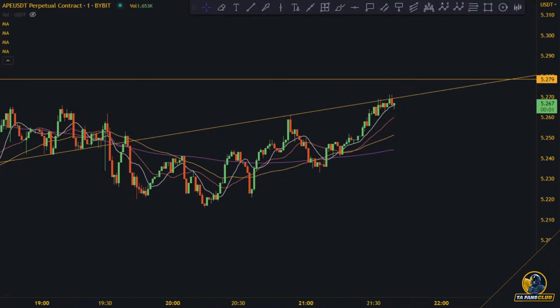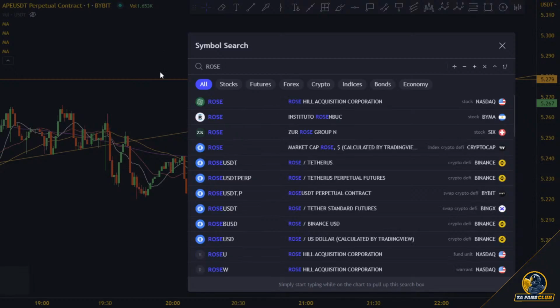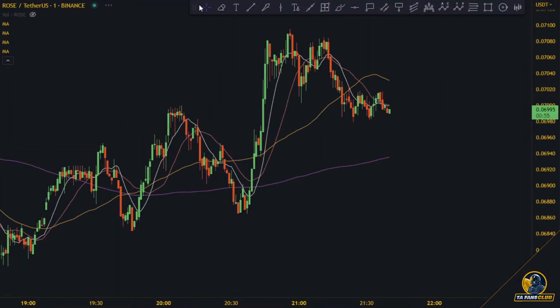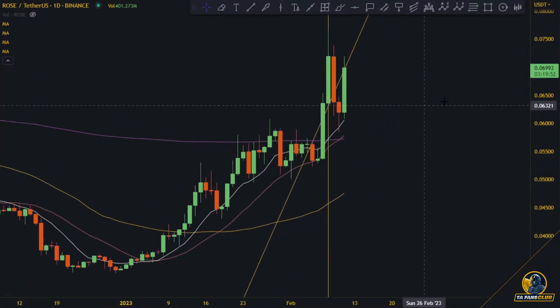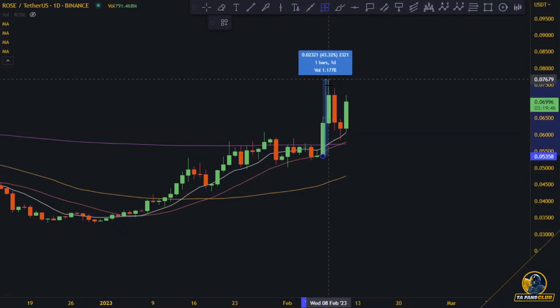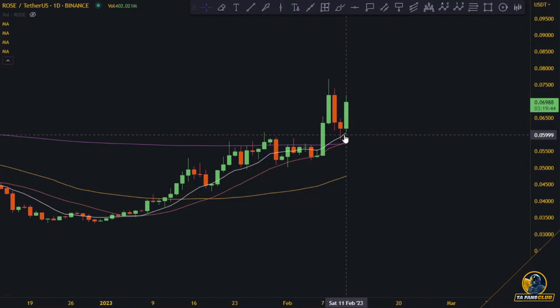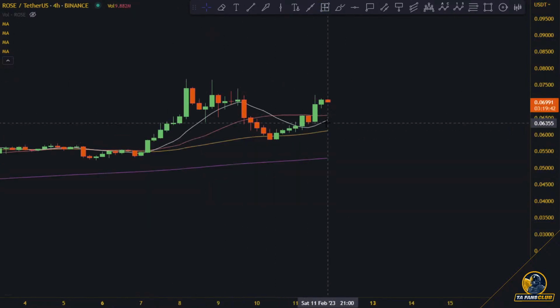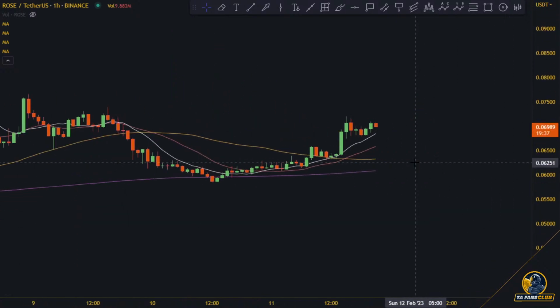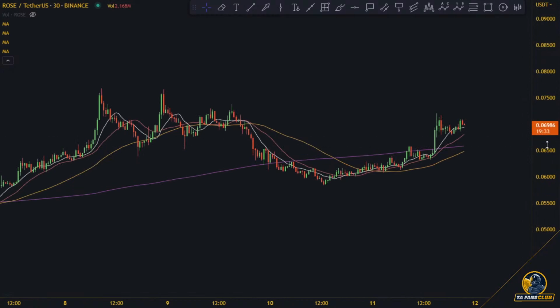Rose looks good. We're gonna check, look at your rose. It bounced nicely up here. But this thing had, a couple of days ago, a move of 43% pullback to the support, right now bouncing again. It's already a lot up for the day. Slowly climbing, this could actually continue, but sketchy. Let's just focus on